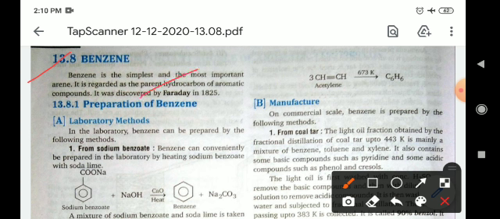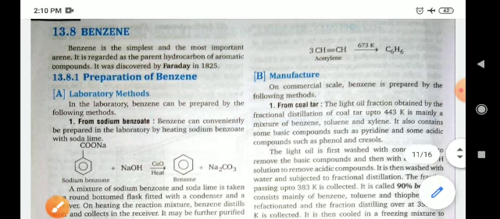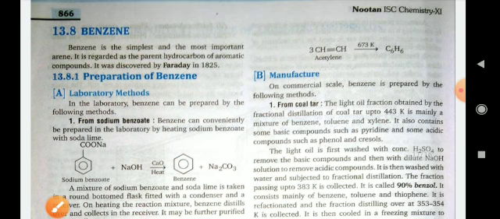Benzene basically is known as a 6 carbon cyclic ring in which alternate double and single bonds are present, and the molecular formula of benzene is C6H6. It is an aromatic compound because on a sooty flame it will create carbon. So it is the identification of aromaticity.